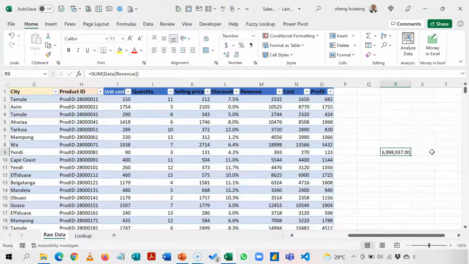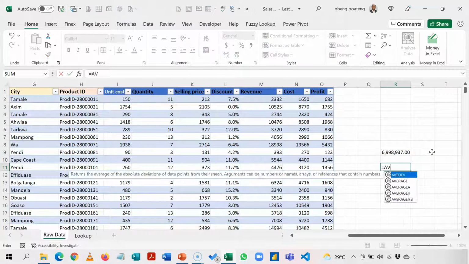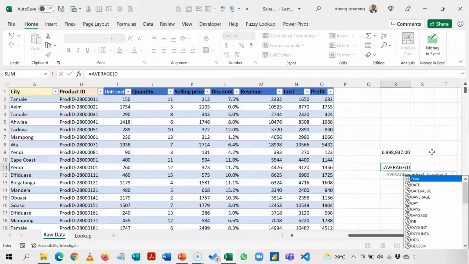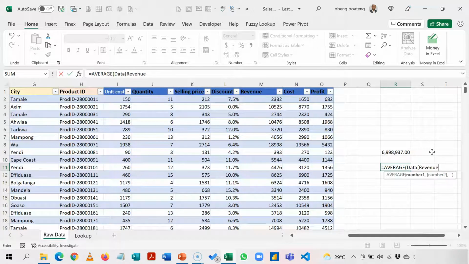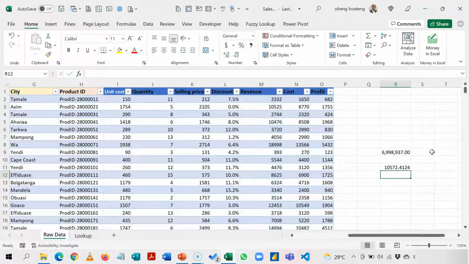Okay, and I have this. Same way I can do average, data, and then revenue, close square brackets, this way. Okay, you can do the same calculations when you are in any part of the workbook, but it's not every